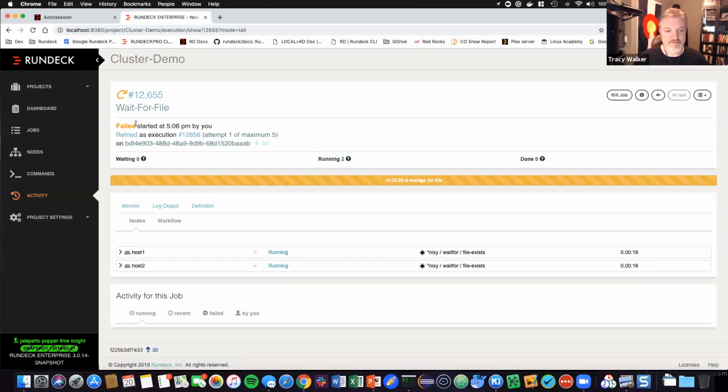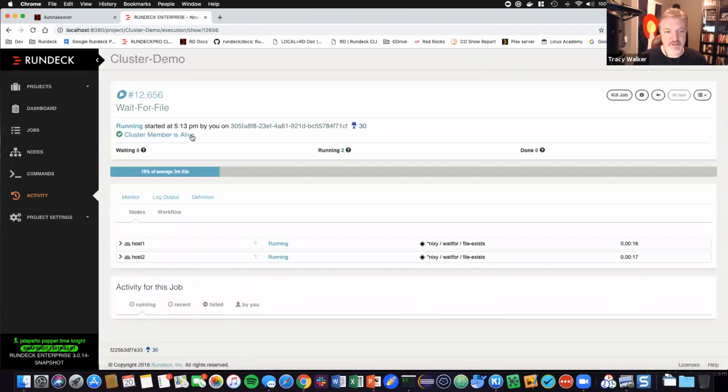And now we have a failed. So you get this little icon here. So this job has failed, and you can see down below, retried as execution, attempt 1 of 5 on the member of the cluster that is alive. So this has been logged as a failed attempt, and all of the log output will also say that this is a failed attempt. So now when I click on the new attempt, you can see it's running on a different cluster member,